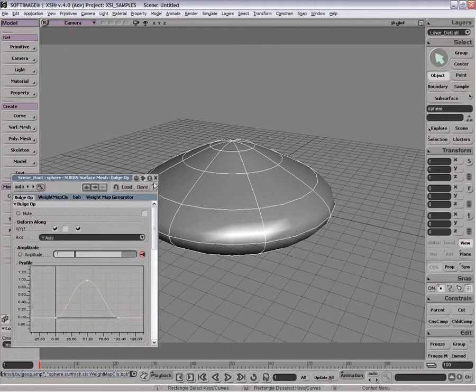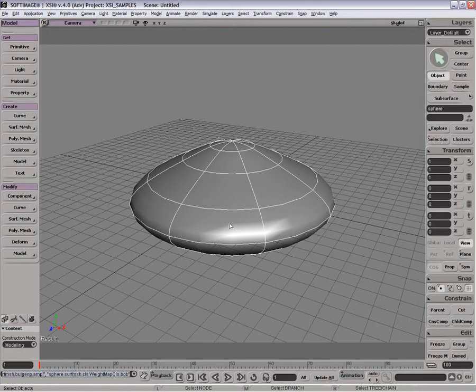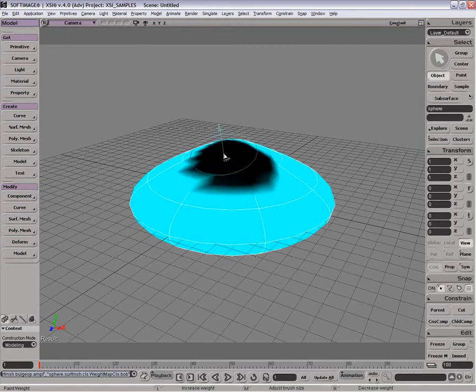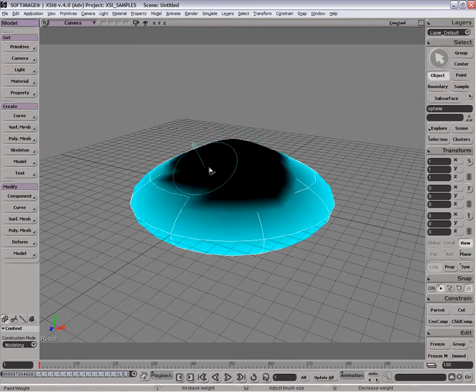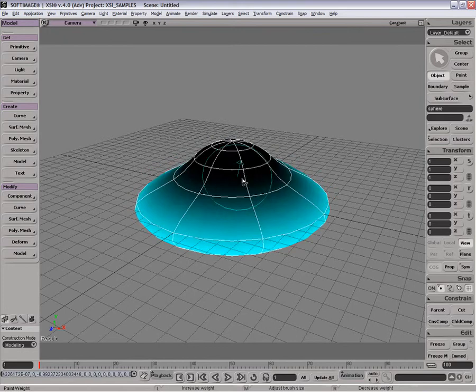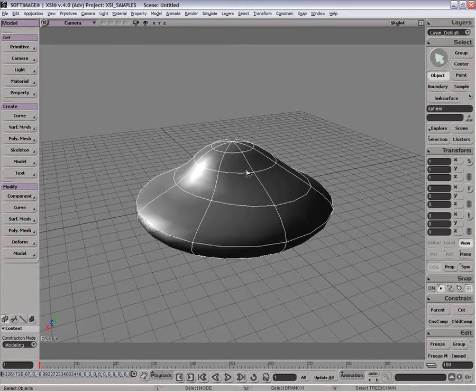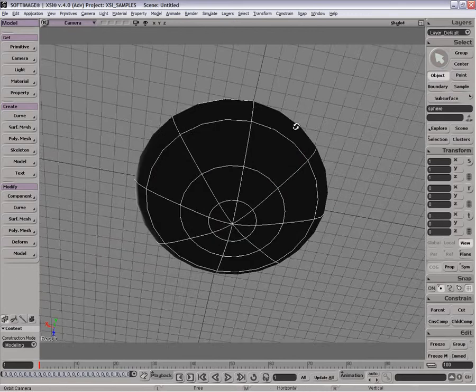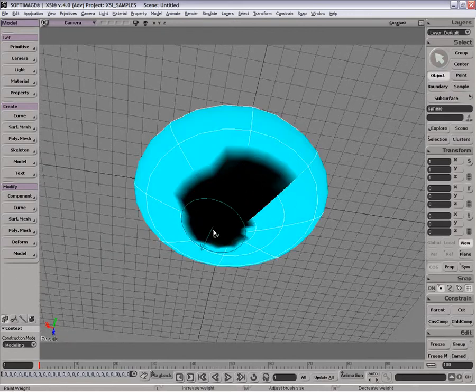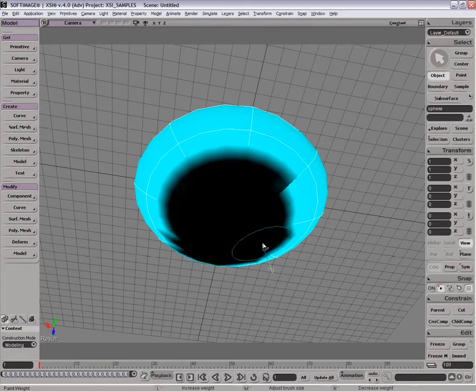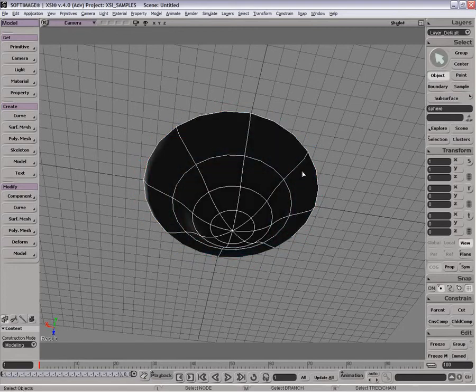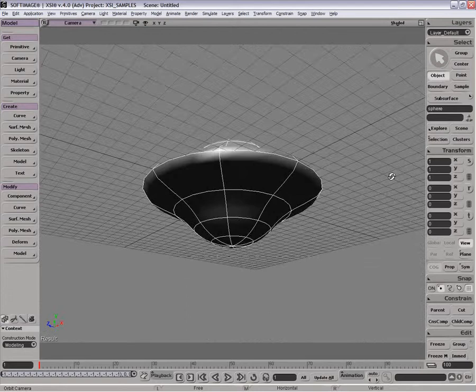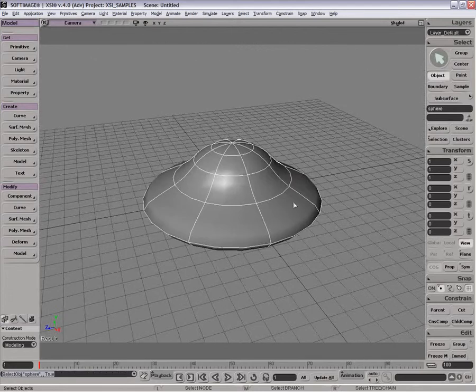Basically, we have an amplitude from 0 to 1, and our weight map is from 0 to 1. So all we have to do is grab our weight map and maybe paint up here where we don't want it to be taking place. And you can see immediately that it's stopping. I can put a lot more levels of refinement in there if I want to, but for now it's just showing the principle. Okay, so let's do that like this. Beginning. There we go. And now we've made a little UFO or something. But anyway, that allows you to quickly paint on where a deformer is going to be taking place